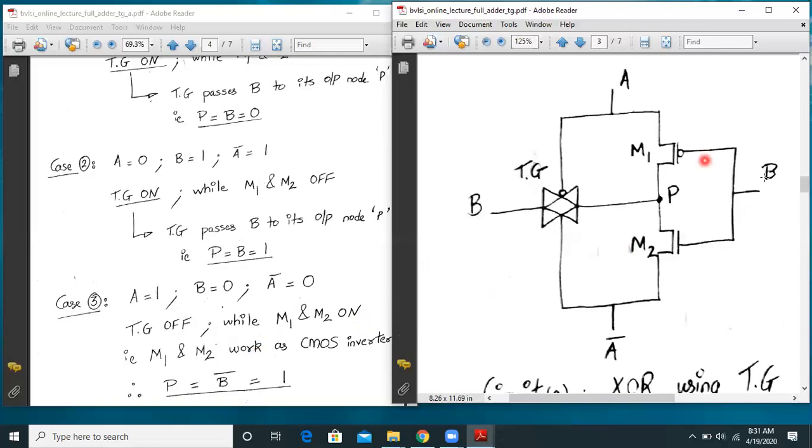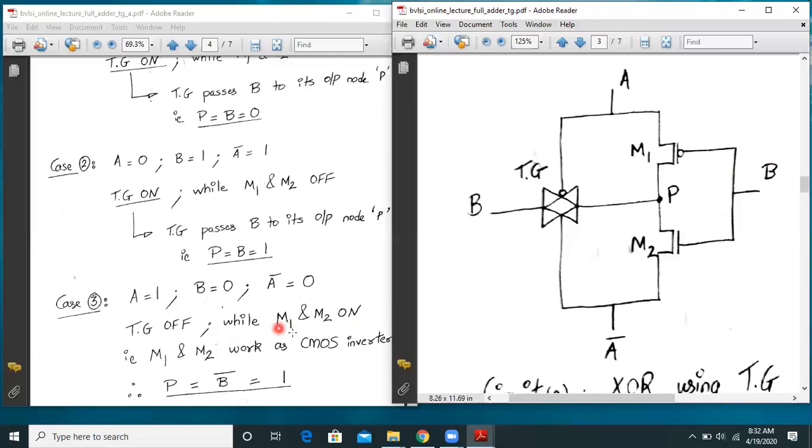Whenever B is 0, only M1 is on. So kindly correct this. Both M1 and M2 are not on. Only M1 is on since we have applied input B as 0. So whenever you apply B as 0, M1 is on, and at the output you will get P as 1, because you are applying B here, and the output will be B bar since it's a CMOS inverter.